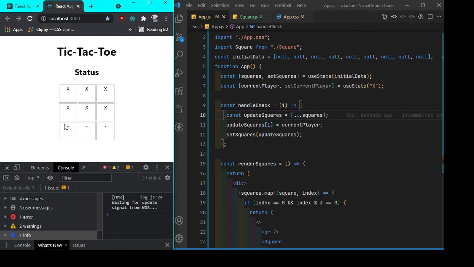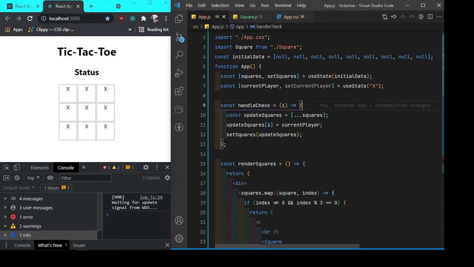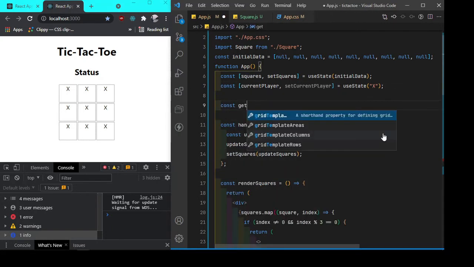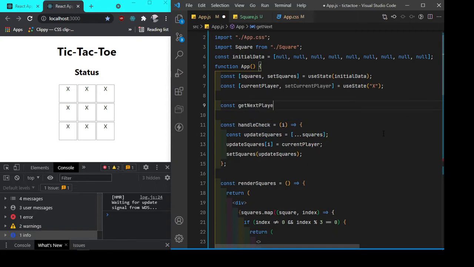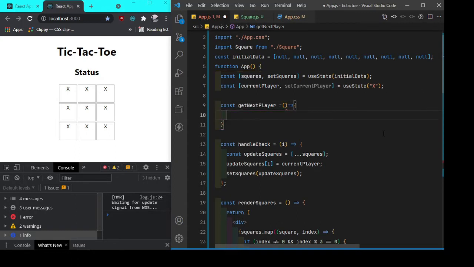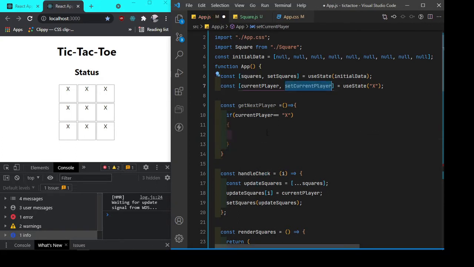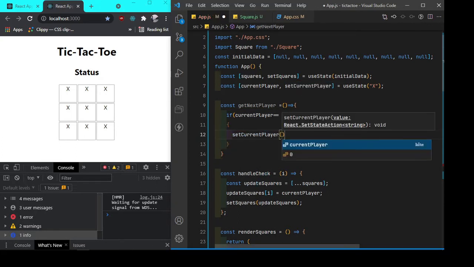Okay, so now I want to track whether it will be O, right? So I will write one function to get our next player. I will say const get next player. So how to find the next player? It will be very simple and logical. I will say if our current player is X, then I want our set current player to be O,